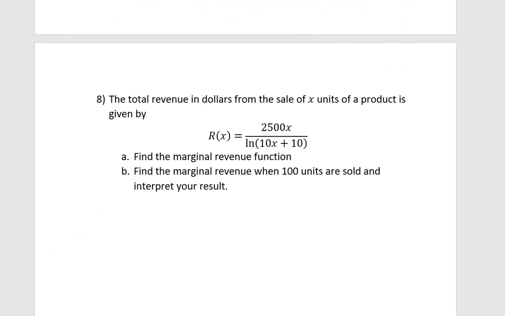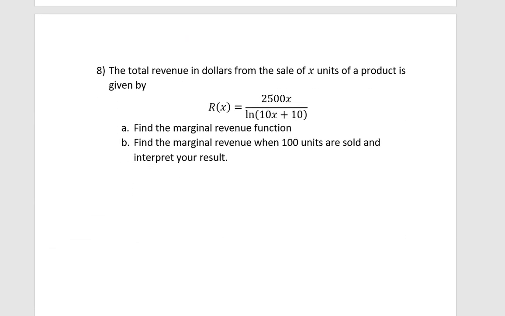Alright, now the very last one says that the total revenue in dollars from the sale of x units of a product is given by this. We want to find the marginal revenue function, and then find the marginal revenue when 100 units are sold and interpret our result. So, first, we have to find the derivative. Remember, the derivative of the revenue function is the marginal. So it's going to be the top times the derivative of the bottom,